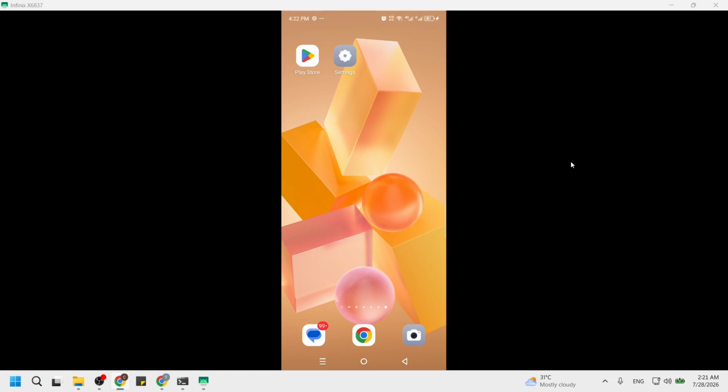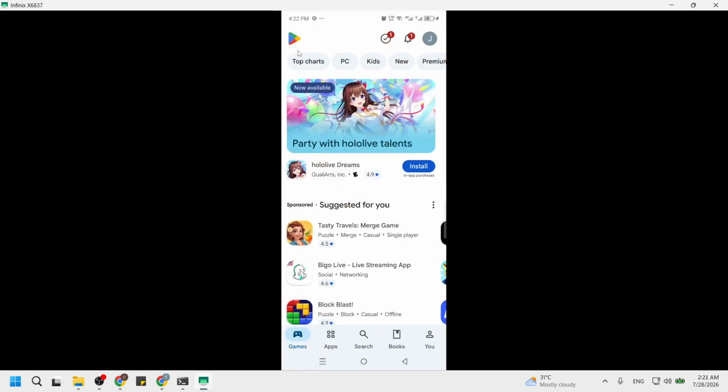First, open the Google Play Store on your device. Look for the Play Store icon on your home screen or in your app list. It usually has a multicolored triangle on a white background. When you tap it, the main Play Store page should load, showing featured apps and a search bar at the